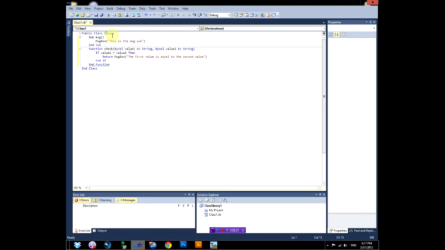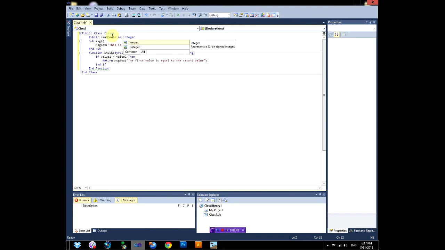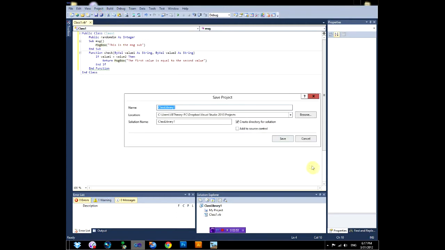And maybe we will declare some stuff. So you need to actually type in public instead of dim. Let's give it a name, random dim, just a random name, as integer. This will show you some stuff you can do with the classes. So we're gonna save this guy down